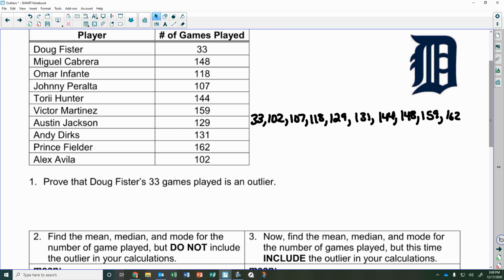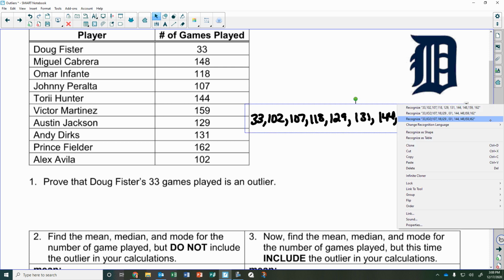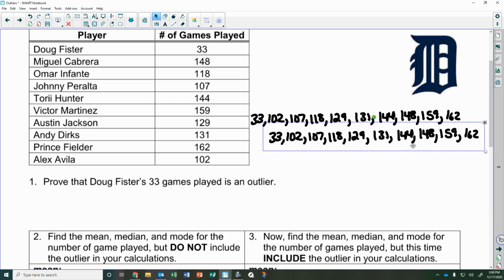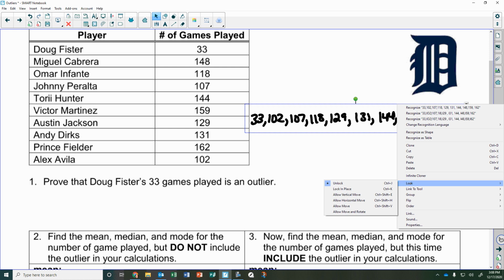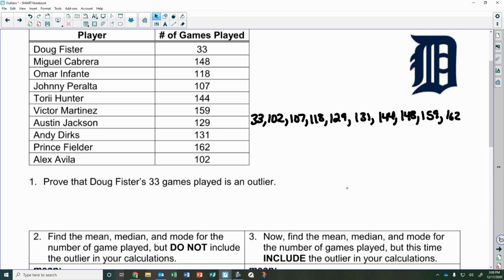All right, and let me just do some text stuff here so I can lock this up so it doesn't, oop, I didn't want to do that. Let's try that again. All right, so now that's not going to do anything. So now,